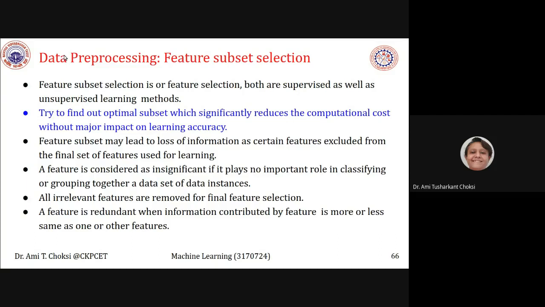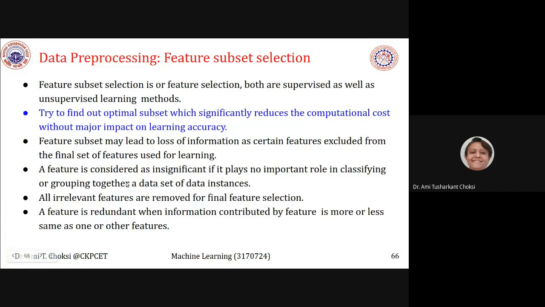The second one in data pre-processing which we want to do is feature subset selection. Both supervised and unsupervised methods are available. It tries to find the optimal subset which significantly reduces the computational cost without major impact on learning accuracy. Feature subset selection may lead to loss of information as certain features are excluded from the final set of features used for learning.